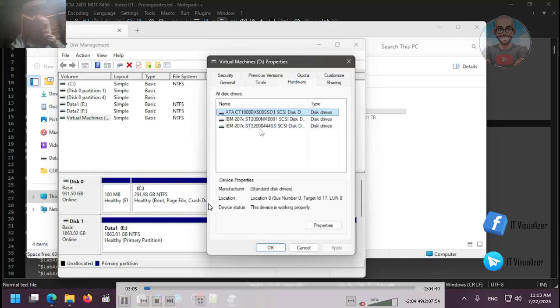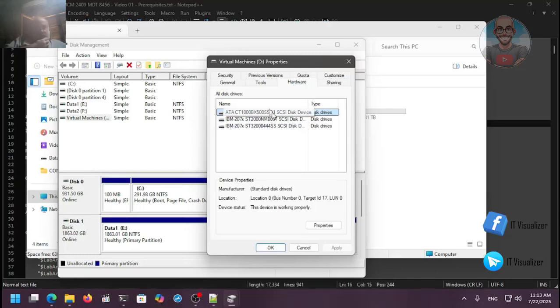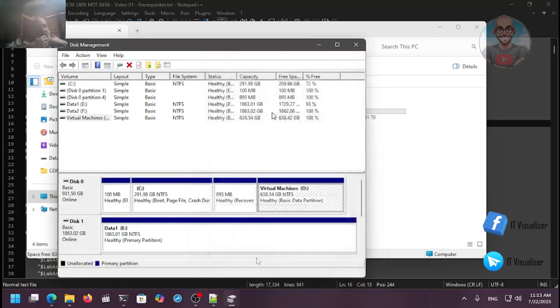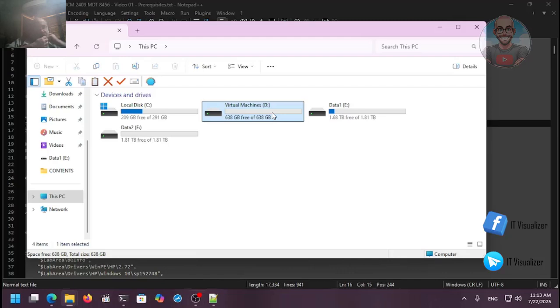So you see the hardware. We can see this is an SSD, and they have a couple of hard disks that are normal hard disks or SAS hard disks. Okay,